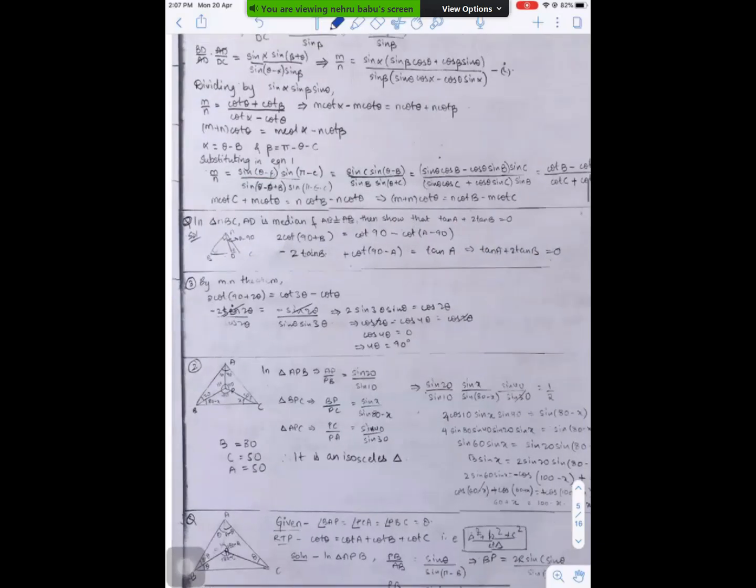MN theorem, one more application. Okay, this is one standard problem, previous IIT problem also. AD is median of triangle, and AD is perpendicular to AB. AD perpendicular to AB means the figure is like this. This angle is 90. This is AD. If AD is perpendicular to AB, then always we will get tan A plus 2 tan B equal to 0. Here tan A, it's an obtuse angle, not this 90-degree situation. Tan A means BAC angle. So tan A plus 2 tan B equal to 0. This is also an application of that MN theorem.